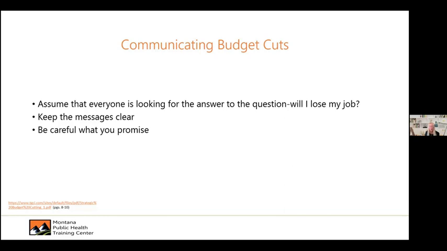And that can be trust within your program or your organization, but also within your community, within the members of the clients of the programs that you're doing. And it's so easy to do. We're not doing it on purpose, we're not doing it to be hateful, but for us to just say, no, everything's going to be okay, we should be careful about making statements like that, because we don't know that everything's going to be okay till we have an actual plan of how we're going to cut our budgets. So that's one of the things that we really need to think about,